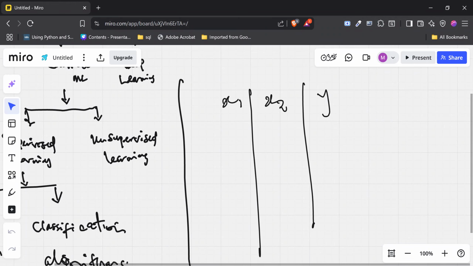Let's say we have 2, 3, 4, 1, 1, 2, 3, 5, and here we have 10, 17, 15, and 8. If we want to use x1 and x2 to predict this y, this is going to be a regression problem.